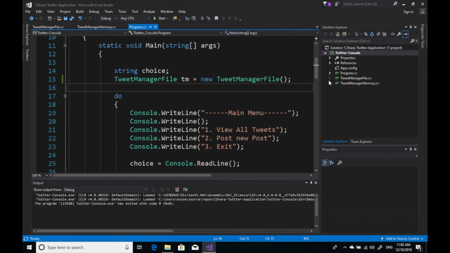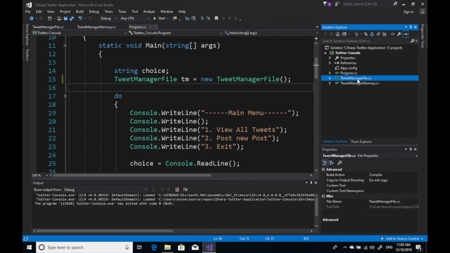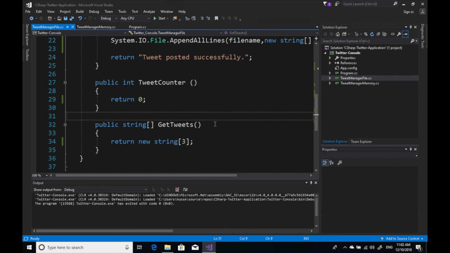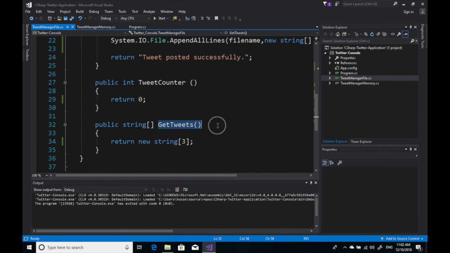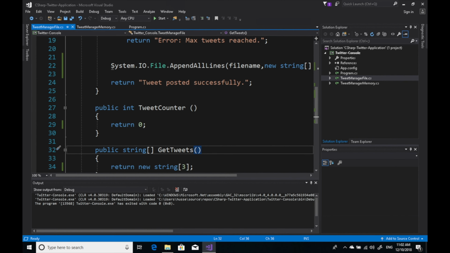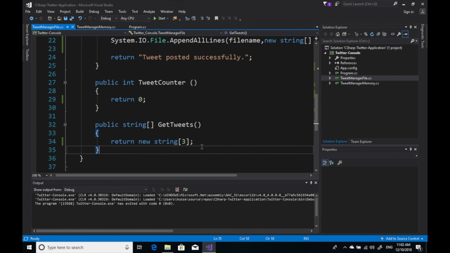All right, guys, so we posted the tweet successfully to disk, and we have opened the file, and we see that this is actually persisted. Now it's time to actually read. How about that? Okay, so the first thing we need to do to get tweets, it's a really simple line of code, okay? So we need to use the same exact thing, right? We're gonna return